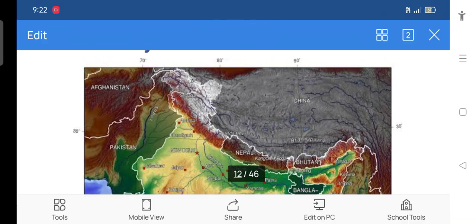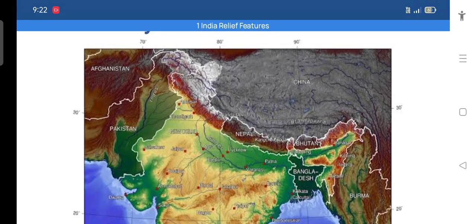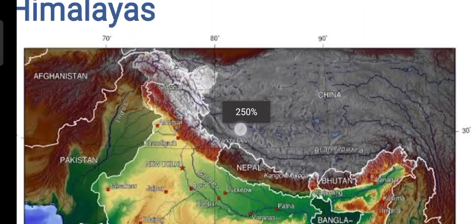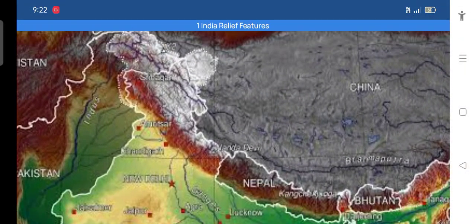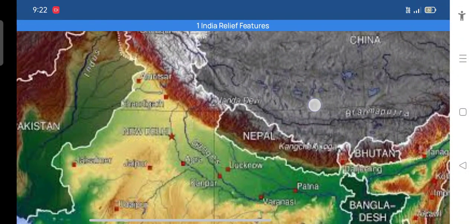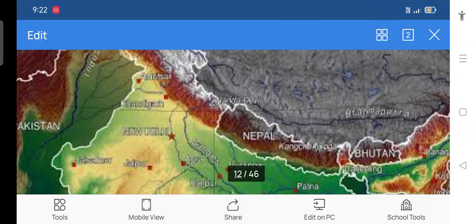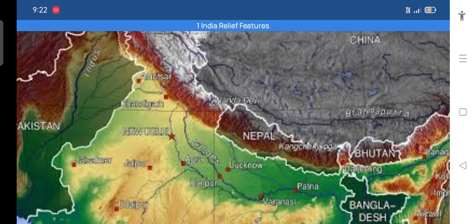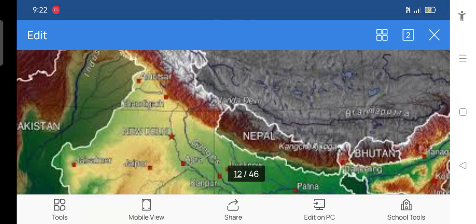The length of the Himalayas is 2400 kilometers. What is the length of the Himalayas? 2400 kilometers, and these extend from the western direction to the eastern direction. The width of the Himalayas in the western side is 500 kilometers, and from the central